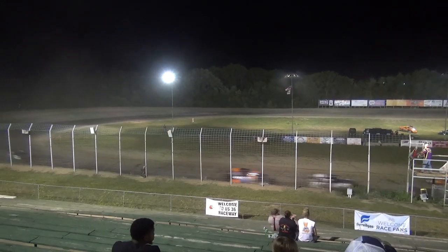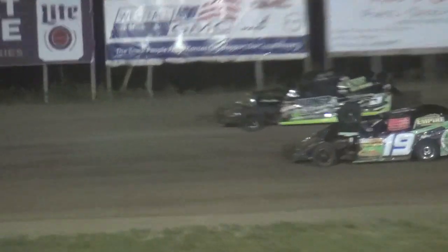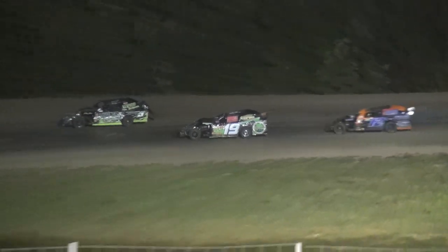Third place, 12X of Stephen Clancy. Then comes car number 20X of Randy Smith Jr. And rounding out your top 5, coming from dead last on the field to the...